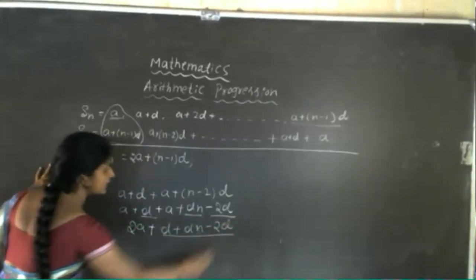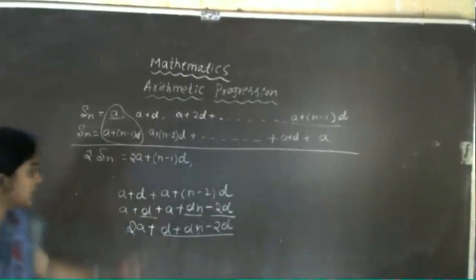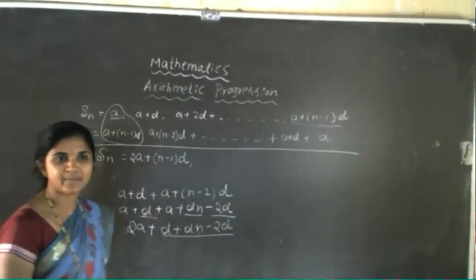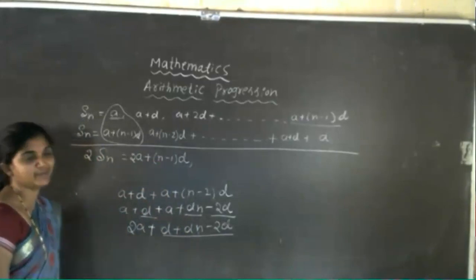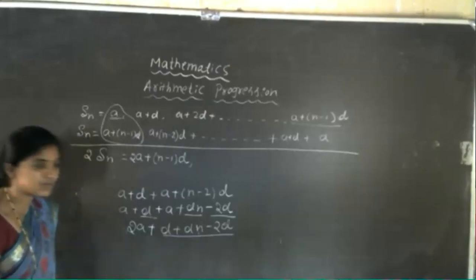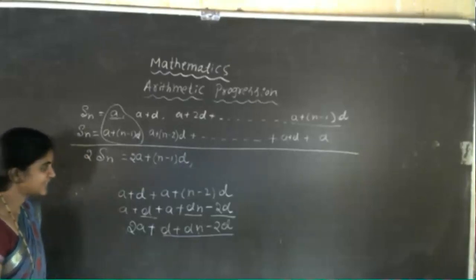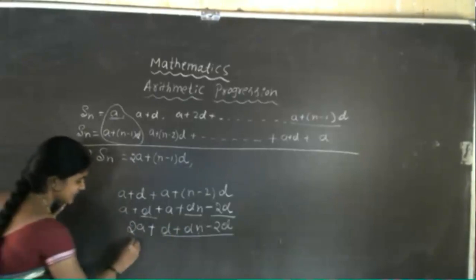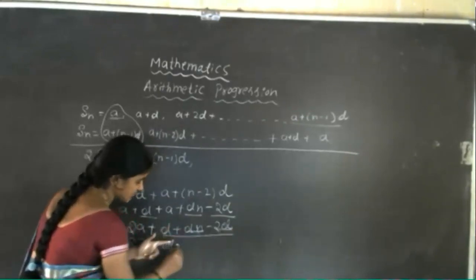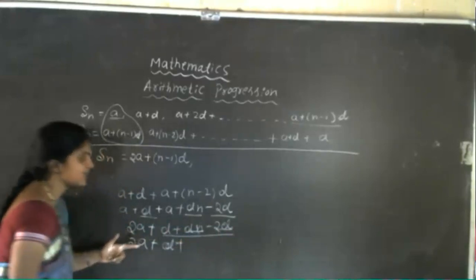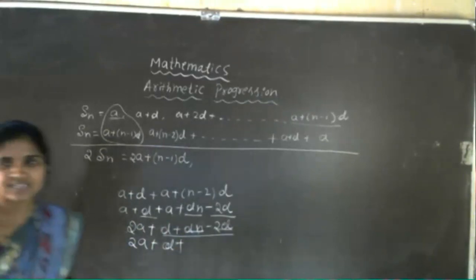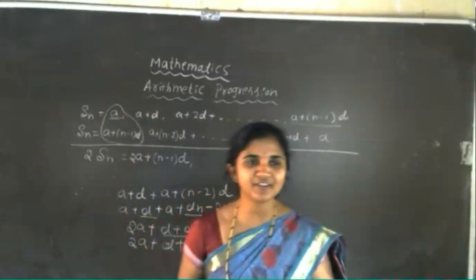So here what can we do? Which one can we take common to get this expression? Already we get the same type of expression, but still one step is pending. Now what can we do here to get this expression? Yes, now it's time. First, the last answer is 2A. D we have to take as it is. Then Dn minus 2D. In that, what are we observing? Dn minus 2D, what are we actually observing? Yes, what is your answer? I'm waiting for your answer, fast.